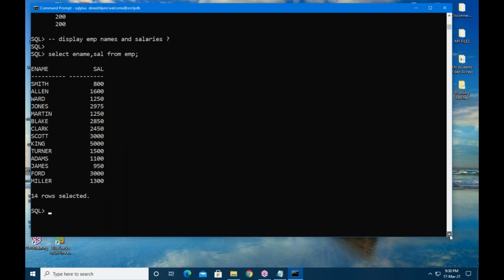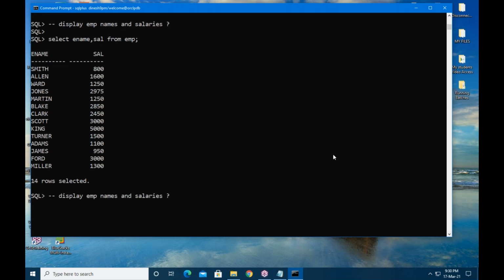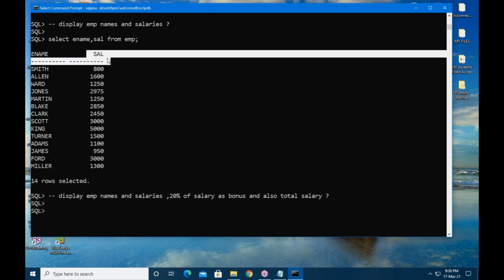What is my next requirement? Display employee names, salaries, 20% of salary as bonus, and also total salary. Employee names I can select from table. Salaries I can select from table.